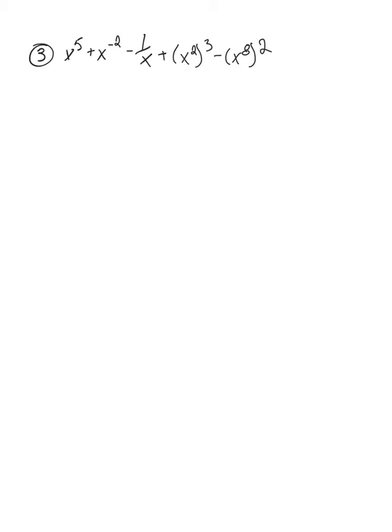For this example, we are going to just add different fractions together. So basically, this one is much easier than the one we just did previously, because x to the 5th is already completed, plus let's bring the negative exponent down, 1 over x squared, because